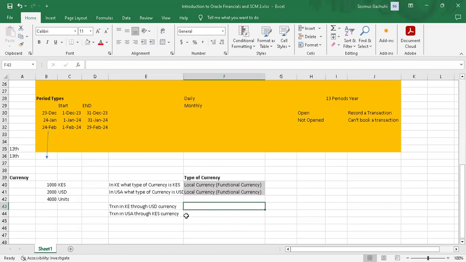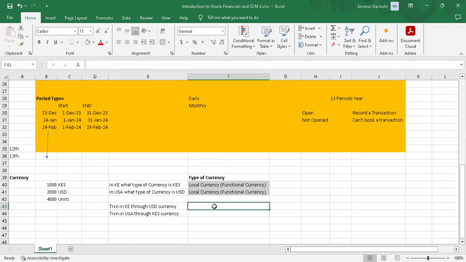So what type of currency is this in Kenya and in USA? They are both foreign. Good. They are both foreign currencies. So when we are booking transactions in the system,